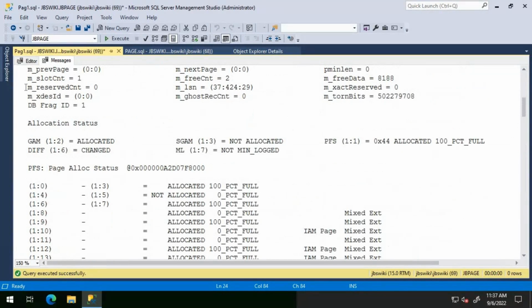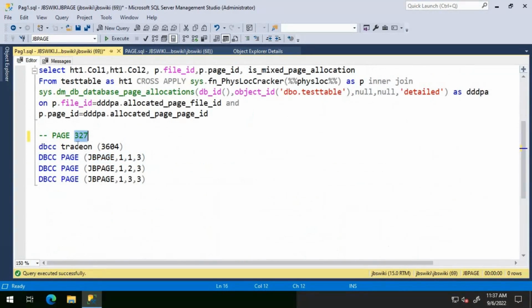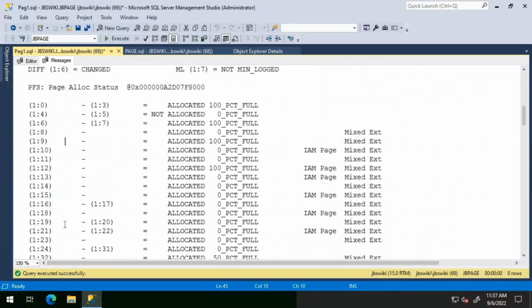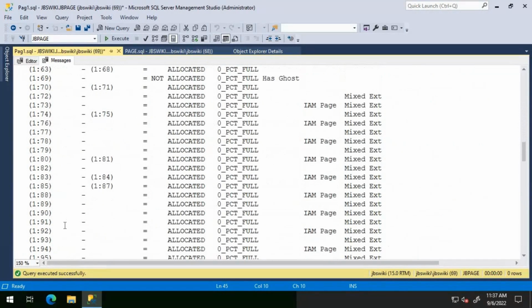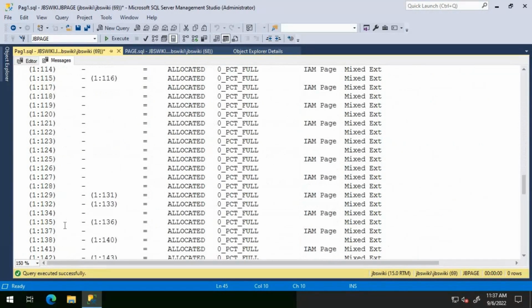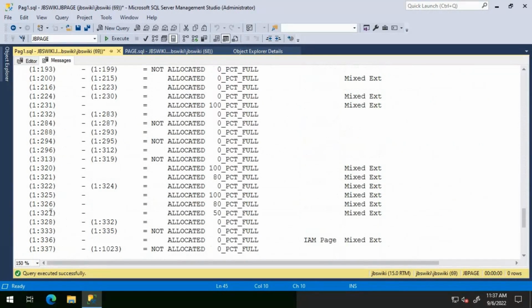Okay, when I run this PFS page, as expected, m_type is 11, so we know it's a PFS page. Now, we know that we are worried about 327, and that is where this particular row is inserted. So I will directly go to that particular page and see what can be seen there. Since the page starts from 0, I'm not looking at 327, I'm looking at 326. What I'm able to see is that the PFS page shows that page number 327 is allocated and